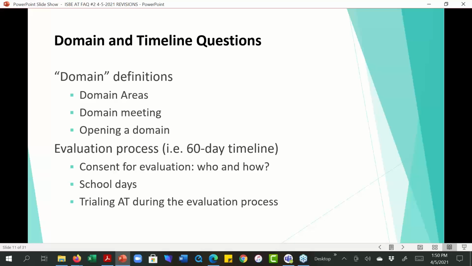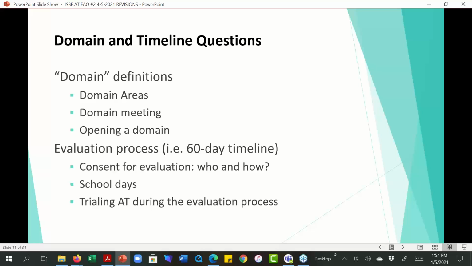If we're saying we have a child who is a nonverbal communicator, we want more information about how we can help this child learn some communication skills, find that path of least resistance for communication. We'd like to do an AT eval. So we're going to put in the domain AT evaluation under speech, and we'll talk about that in a little bit too. So just keep in mind, again, that domain has a couple different meanings.